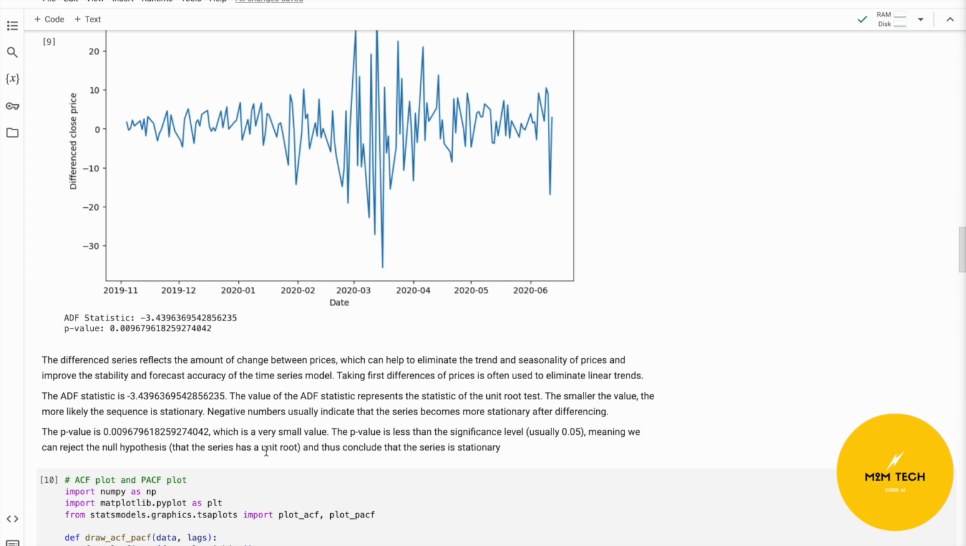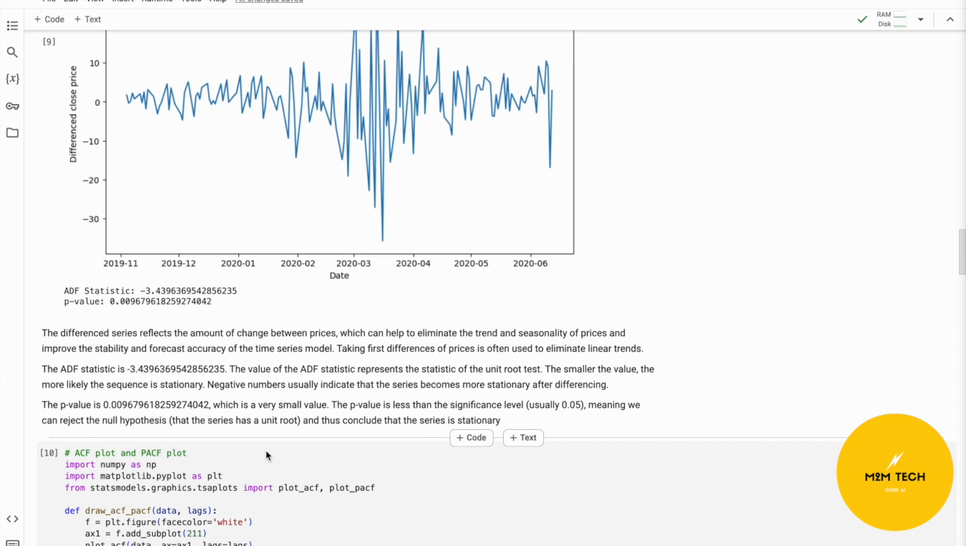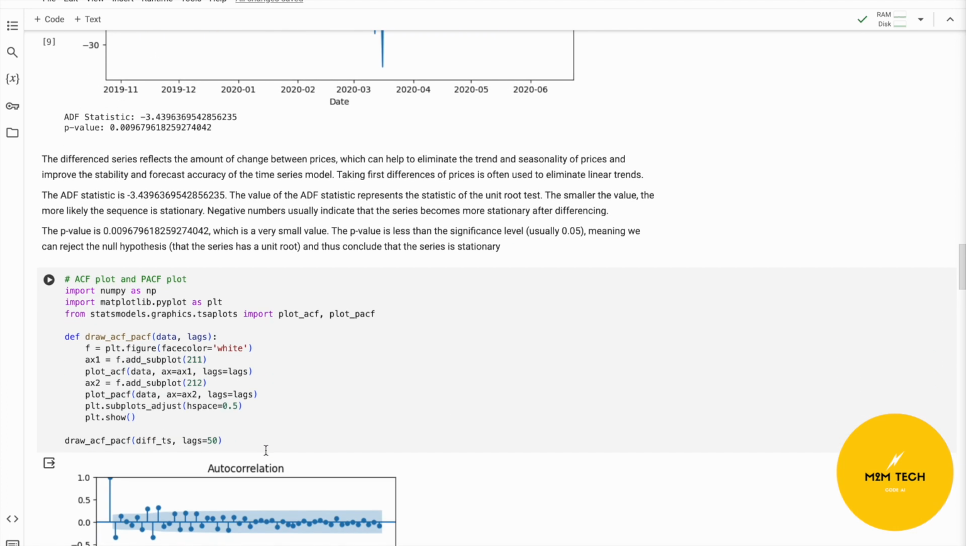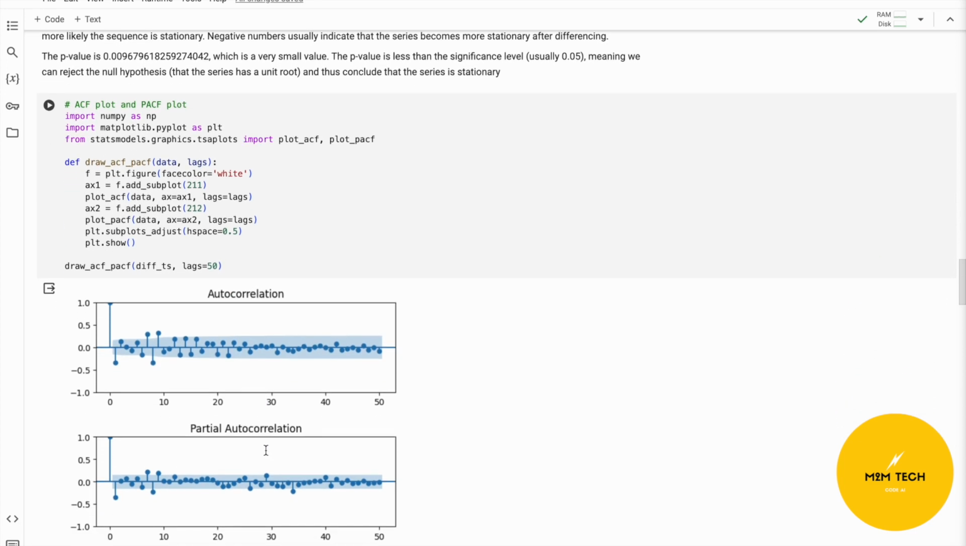So after that, we draw the ACF plot and the PACF plot as well. So here is the code, and here is what we have about the two plots. For the autocorrelation plot, we can see that it decreased from 1 to 0 around when the lag is equal to 3, but it is very obvious that the